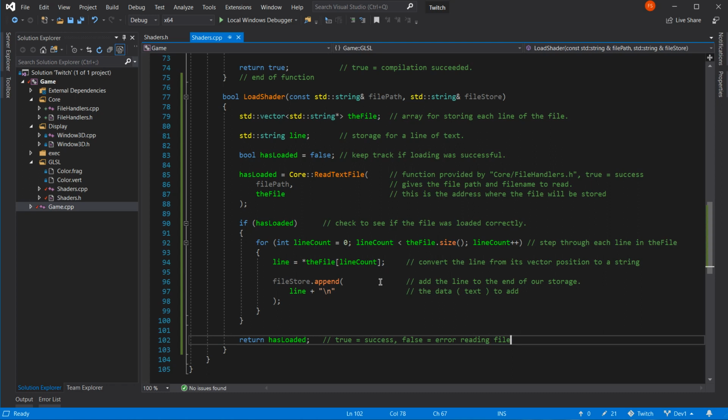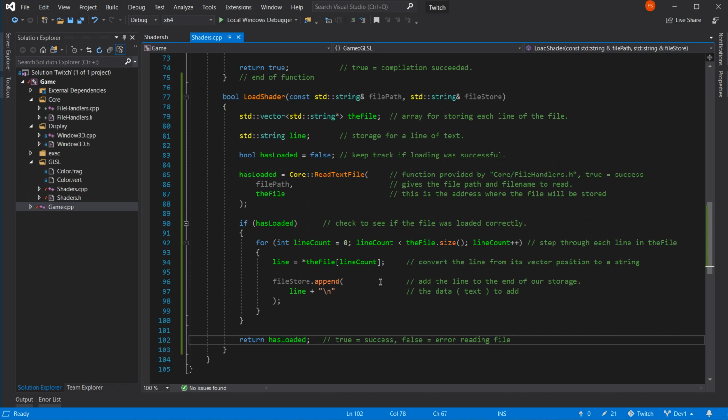Because you're probably still thinking, why did I load a text file in such a fashion when I knew I'd have to convert it? Wait till you see what we use it for next time. Because we're going to use the same exact read text file to read in a 3D model. That's how you read a 3D model, or part of it. So it's got more than one functionality within the program anyway. It's used more than once, and therefore it's a function.